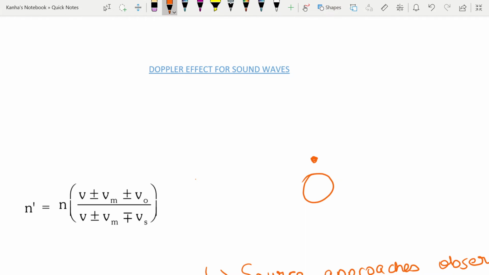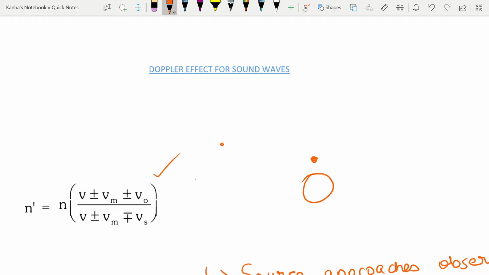Next, let's talk about the Doppler effect for sound waves, which is also known as the acoustic Doppler effect. The apparent change in the frequency of sound when the source of sound, the observer, and the medium are in relative motion is known as Doppler effect. The equations that I have given you here were derived based on the assumption that the velocity of the source, the observer, and the medium are along the line joining the positions of the source and observer. Note that if they're not, then you need to take the components that are along the lines joining these, and then those will decide the frequency.